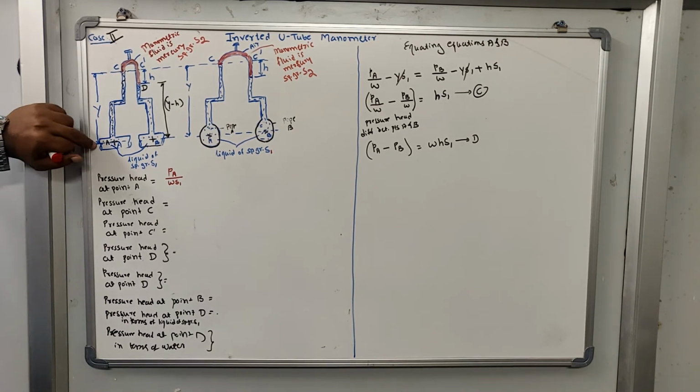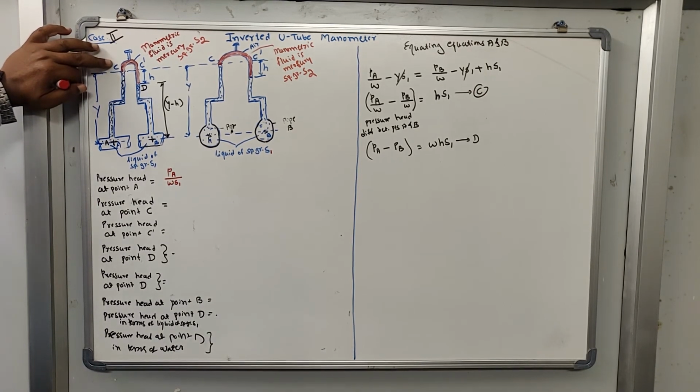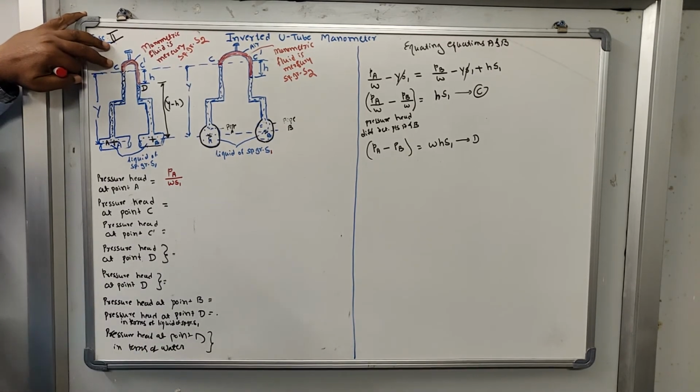Now consider the next point C. The next point C is lying above the point A, so you can make use of the negative sign. So, pressure head at point